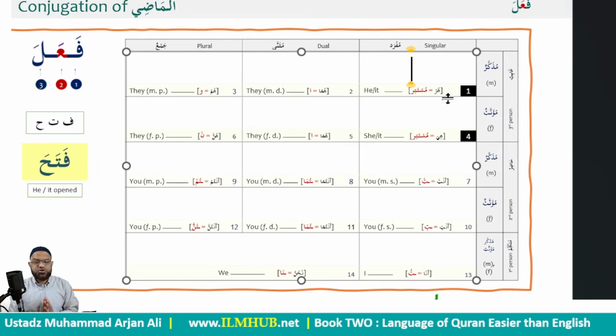We're now going to conjugate 14 forms of the verb fataha, which means he opened. Please note the 3 root letters are fa, ta, and ha. I'm going to go through relatively slowly. So again, this has the risk of making the video long, and a lot of people comment they want short videos. But I really am not here to entertain you. I'm here to make sure that you're learning as much as I can give you within the resources that I have in front of me.